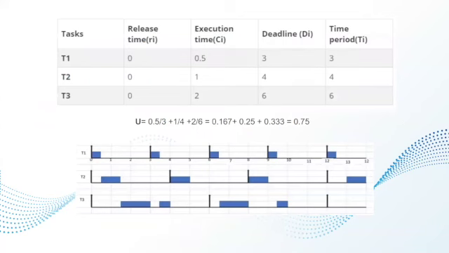First order of business is the question, what is RM scheduling? Well, the rate monotonic scheduling algorithm is a simple rule that assigns priorities to different tasks according to their time period. That is, a task with the shortest time period will have the highest priority, and a task with the longest time period will have the lowest priority for execution. It works on the principle of preemption.